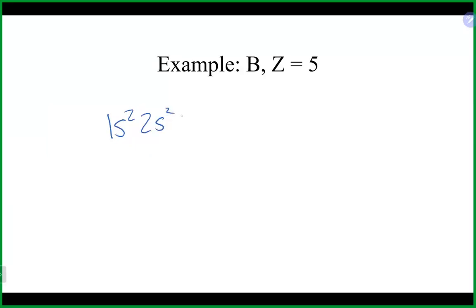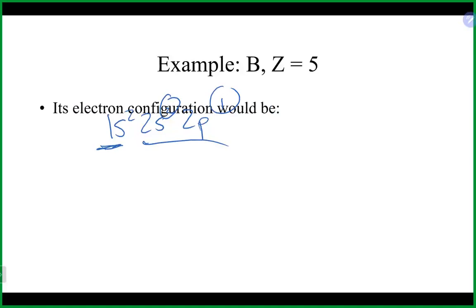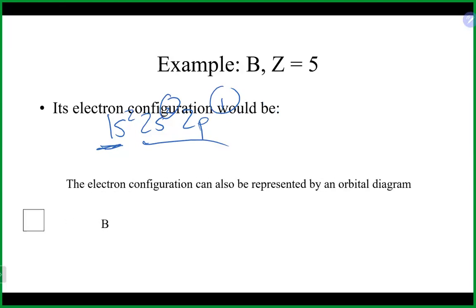And if we wrote the electron configuration, once again, it would be 1s2, 2s2, and 2p1. This means that we have 2 electrons on the lower energy level, the first energy level. We actually have a grand total of 3 electrons on the second energy level, which is a higher energy level here. And if we were to do the orbital diagram for this guy,